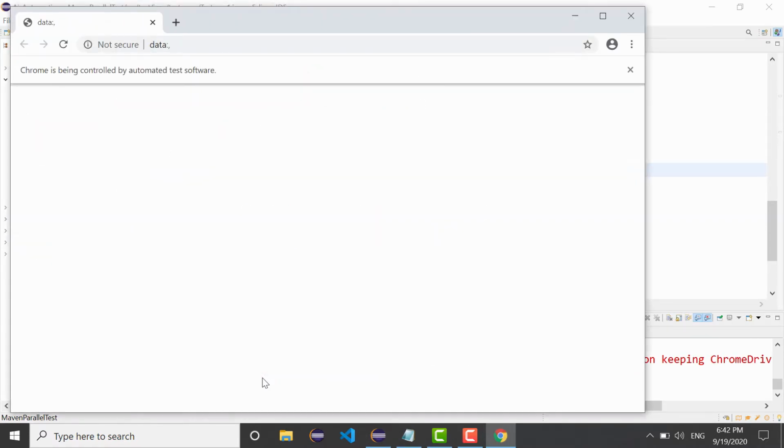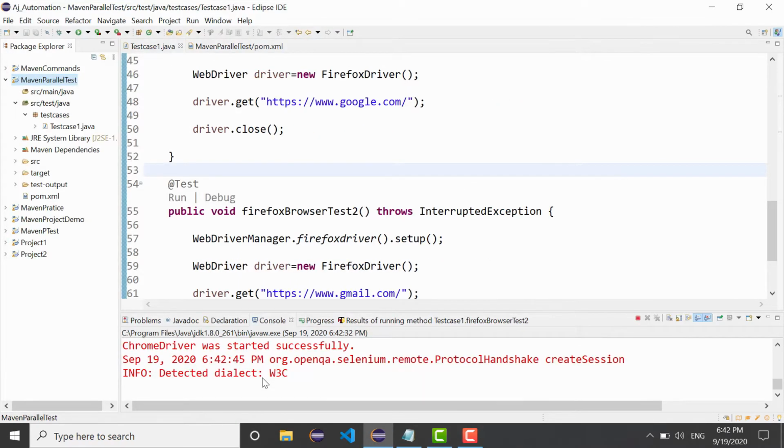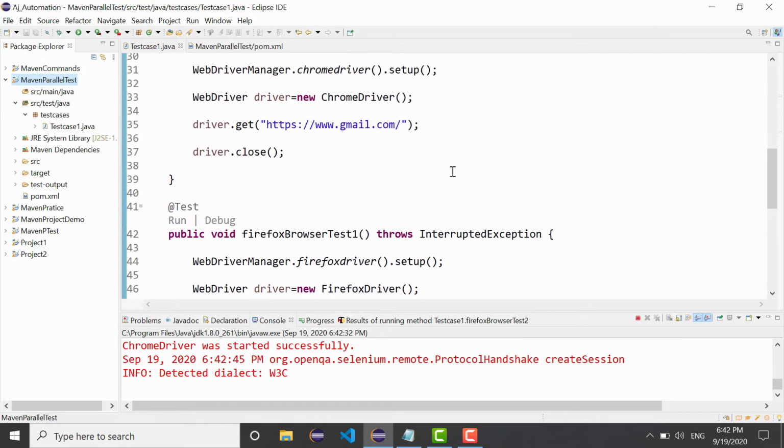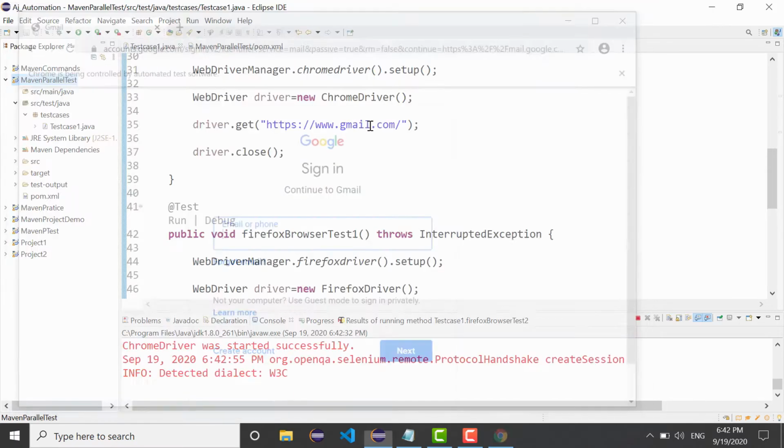It has opened the Chrome browser and it will go to google.com. The first is done, and this will be the second, gmail.com. As you can see, it is running the test methods one by one in sequential manner.